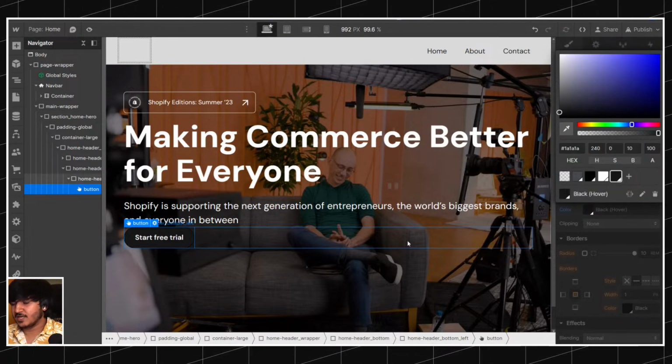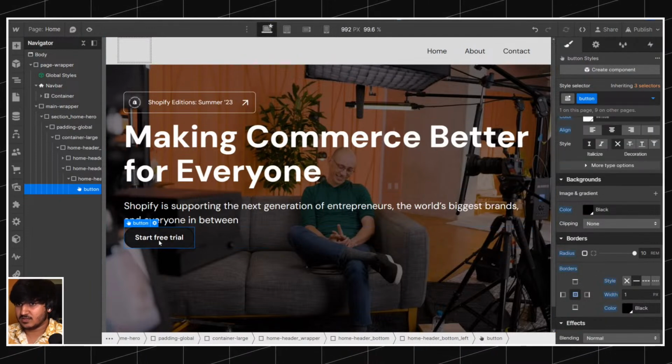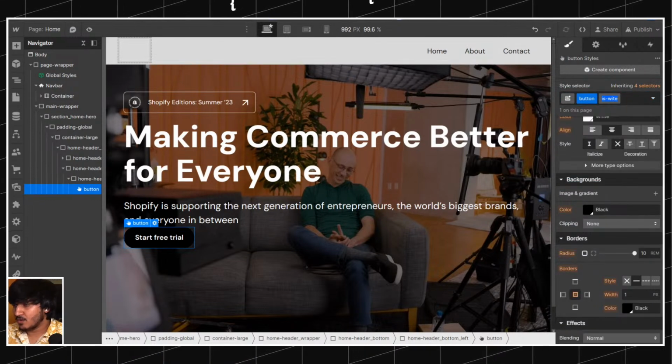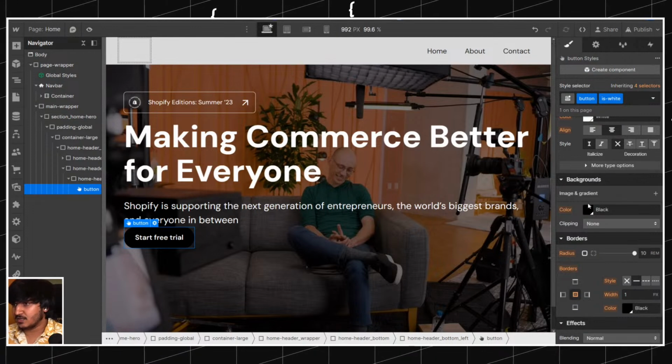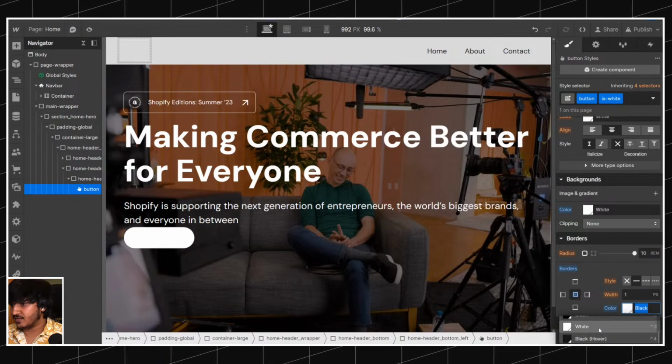Generally when we do design, we have all the colors with us, guys. Okay, so this is our primary button. Now I will create a white version. So is white, you can call it is secondary, is white. I'm going to call it is white for now. I think that is much easier. So here we have is white,